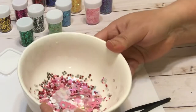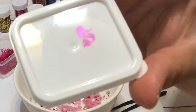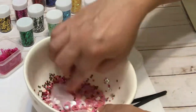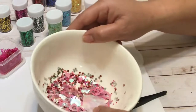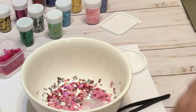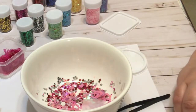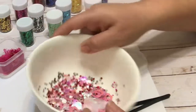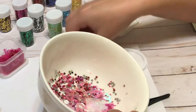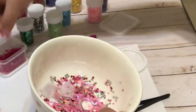So I think that came out really cute, but I wanted to have a little bit more, so I remembered I had these little mermaids that are in pink, and I didn't put too many of those because I feel like that's maybe something I want to do more with a summer thing, maybe, I don't know. But I have already a lot going on in this mix, but I just really like those pink mermaids, and because this is a mix with all kinds of different pinks, I just threw a few little bits in there. And now I am mixing this